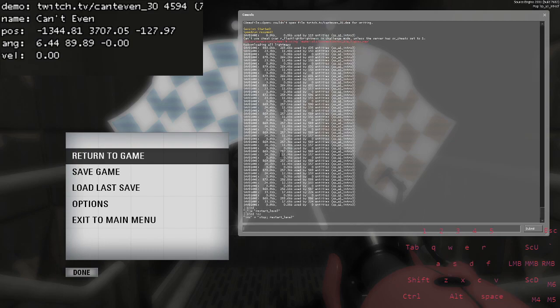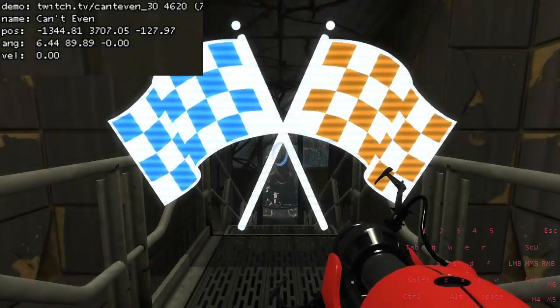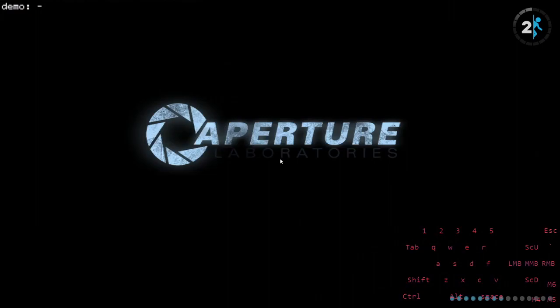It's important that it's not a stop and restart level bind. You might have that bind for CM. It just is restart level. It should not stop your demos, because you need to record demos for any percent, at least currently. So you want a bind that just says restart level, because when you go into those flags, you'll be out